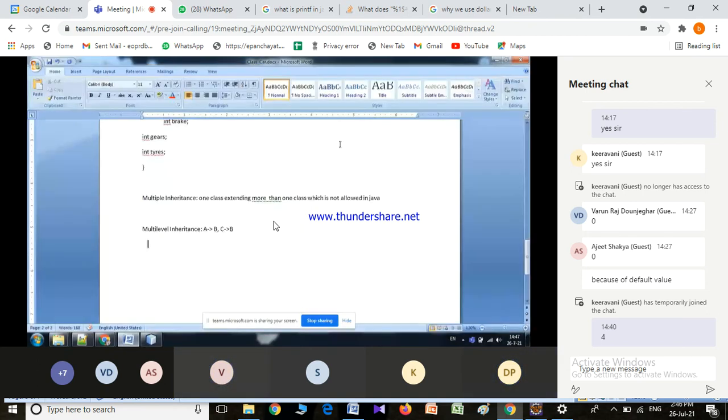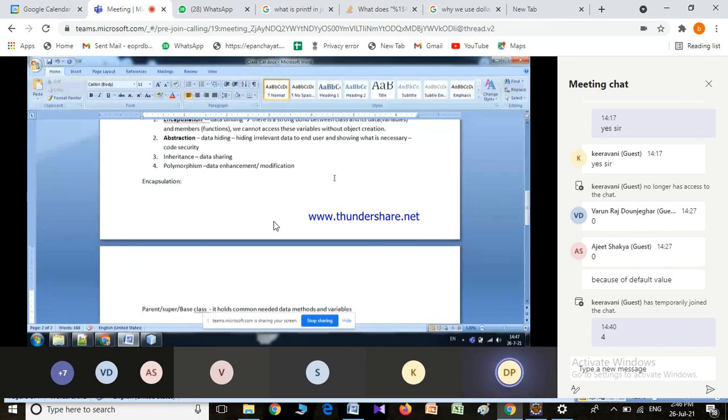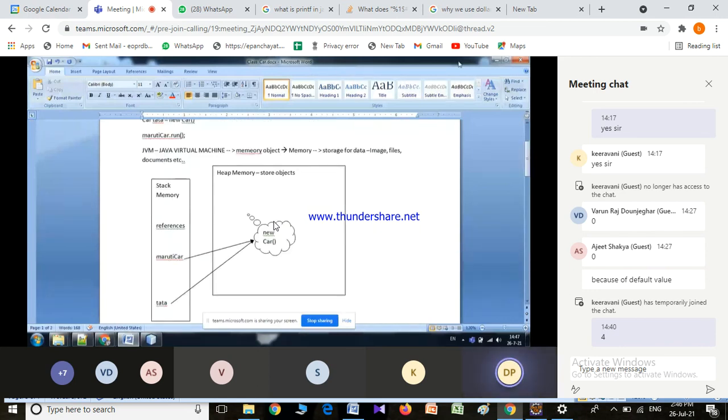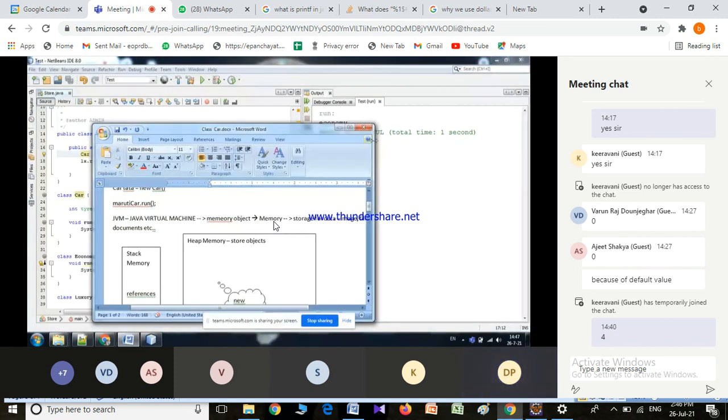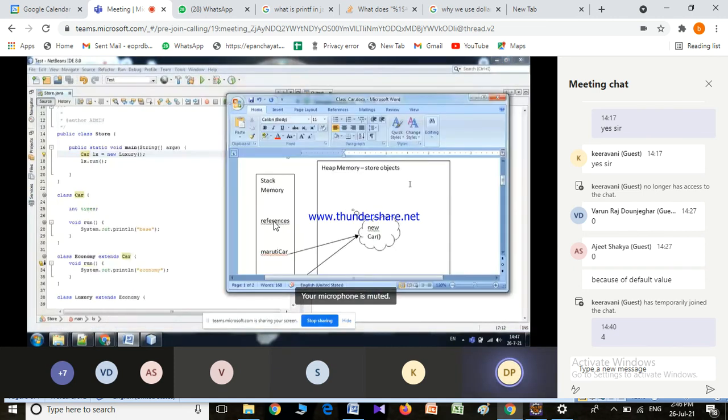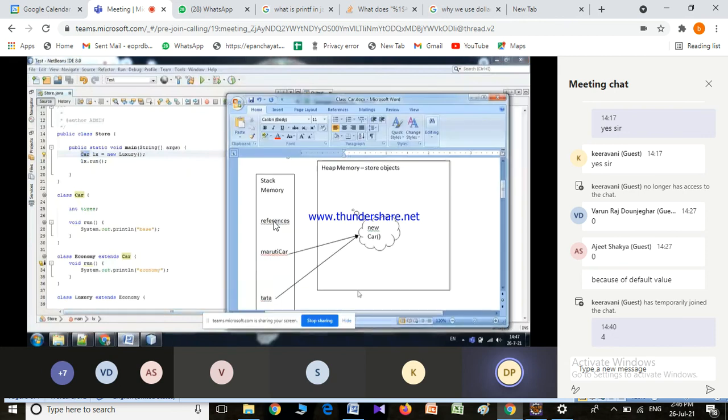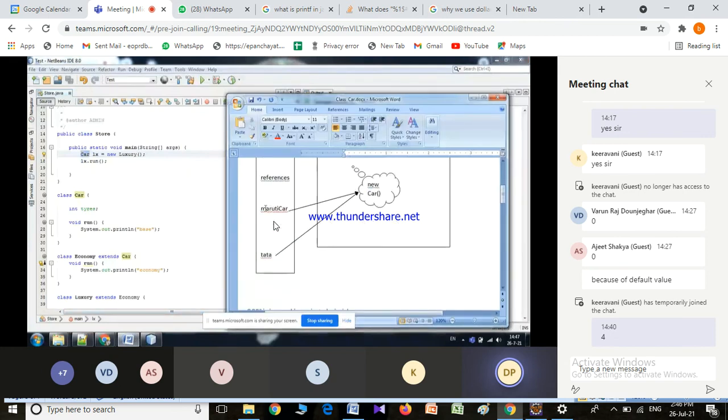If you come here, see this one. See here what is happening. I have a car reference. The car reference is created here, that is LX. Now the object is created for which one?